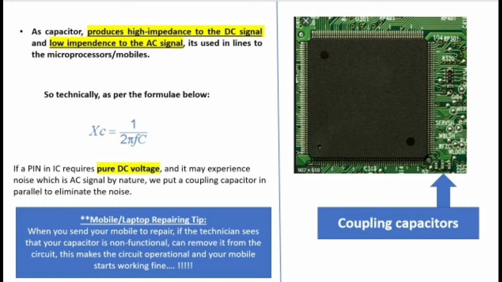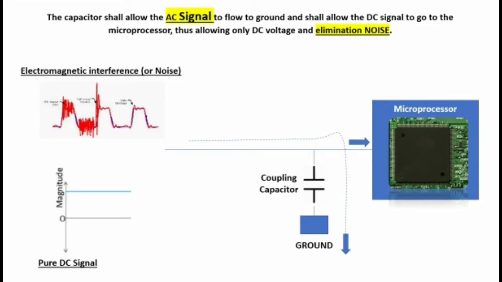This means that in the circuit the impedance of the capacitor is very low and the current would choose this path. So whenever there is noise in the circuit, it will go to ground and the circuit will only allow the DC signal to pass through. It won't allow the noise. The noise on a time axis is somewhat similar to an AC signal which varies. So the capacitor will ground it and only allow the DC signal to pass to the IC. If you see the equation, you will understand. I have given an illustration of this in this circuit.